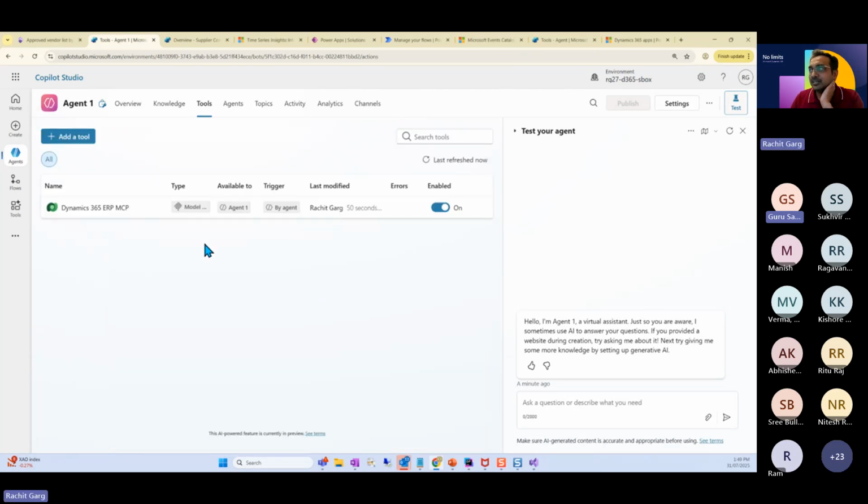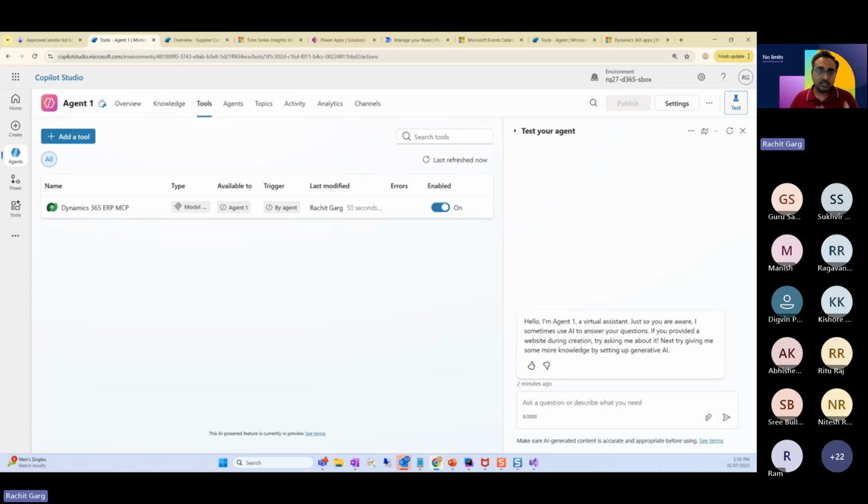Yeah. So MCP server is basically, think of it like a USB port of all the tools and services you can embed into a Copilot Studio. So instead of defining separate APIs, separate agent tools, you add it. So like I showed you, if you have to add a custom AI plugin, you have to go through a series of steps. But if you are using an MCP server, you don't have to do it. So think of it like a box. People call it like a USB port for your tools and APIs, and not just APIs, it can do much more. There are a lot of tutorials on MCP server.